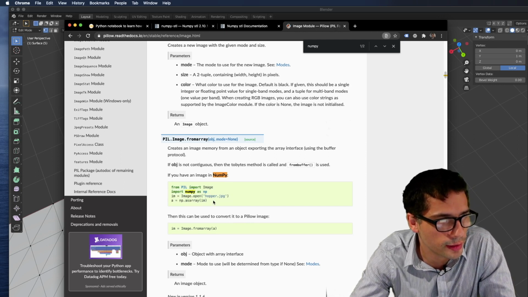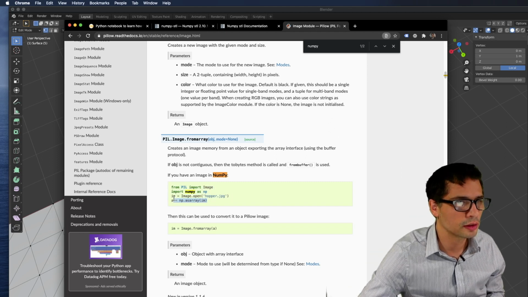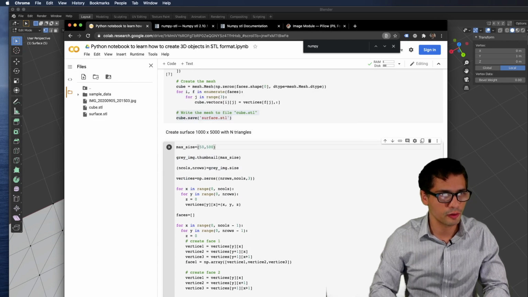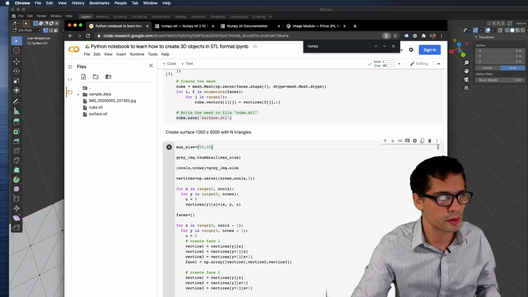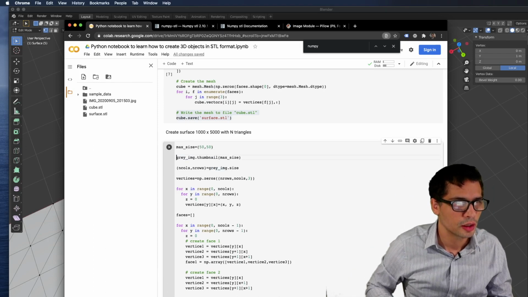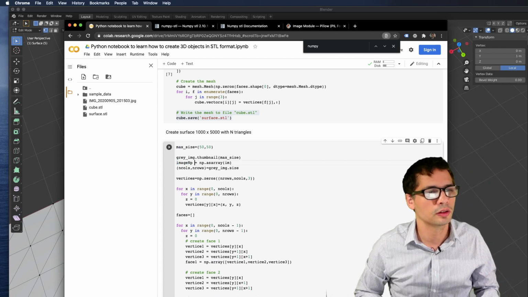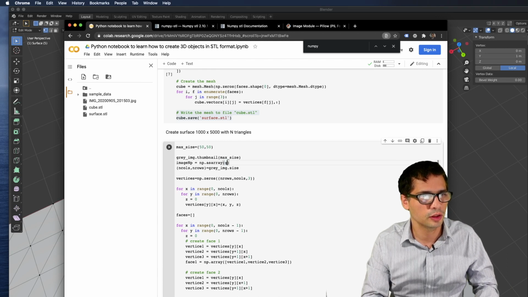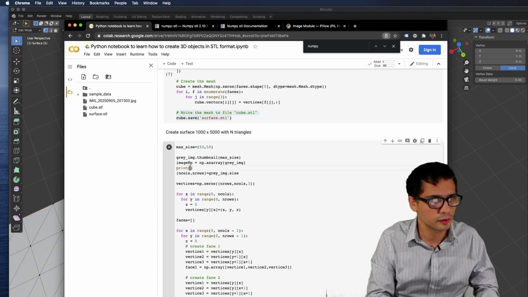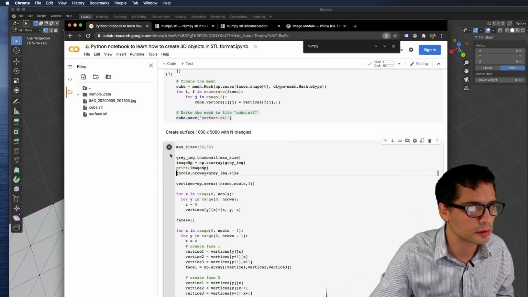So here is an example of converting an image to a NumPy array. Okay, let's try this. I'm going to reduce the resolution just so I can execute this much quicker. 50 by 50 should be fairly easy to run. I'm going to image NumPy, and I'm going to put here gray_image. I just want to see what kind of NumPy array this is. It should be a two-dimensional NumPy array.